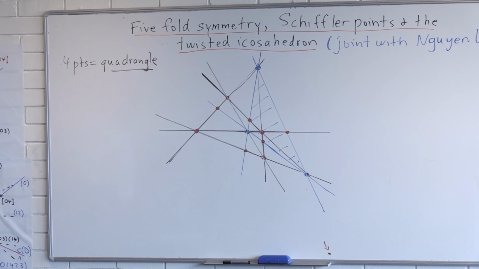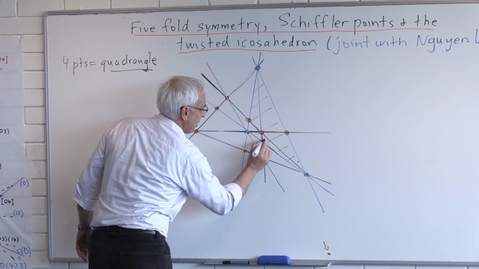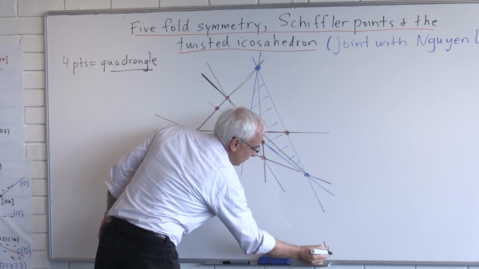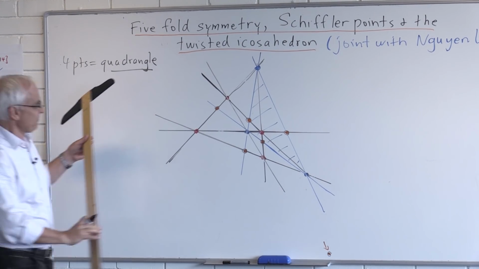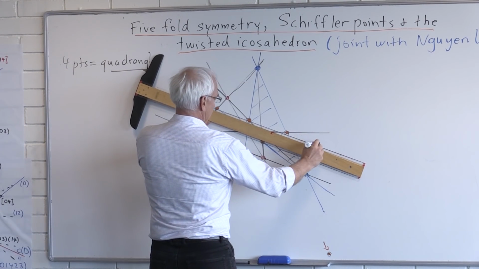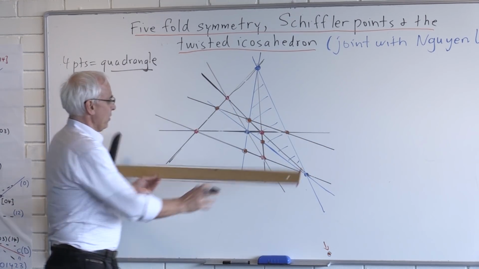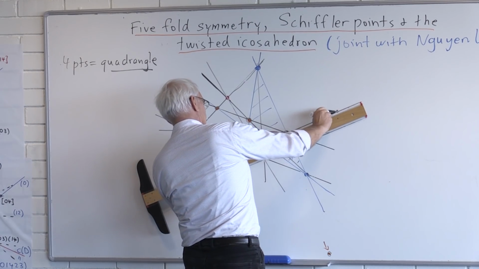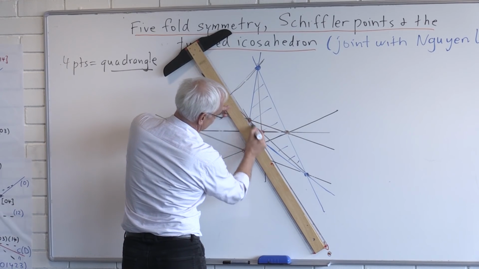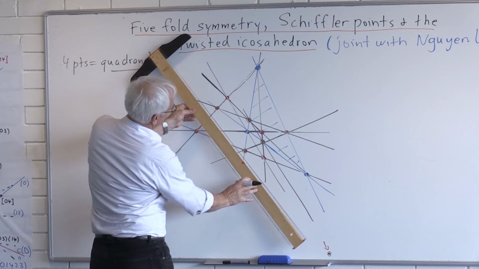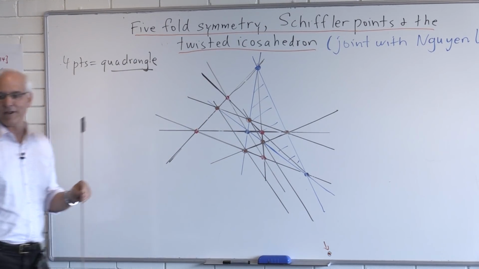6 points that we've now found, maybe their colors are not so obvious, so maybe I'll mark them a little bit specially so they distinguish them from the red ones. These 6 points are not arbitrary points, but they are forming a very pleasant configuration. Namely, we can join those 3 points with a line, and we can join those 3 points with a line, and we can join those 3 points with a line. Of course, there's that one down there. And we can join those 3 points with a line, also joining with that one that's far down there.